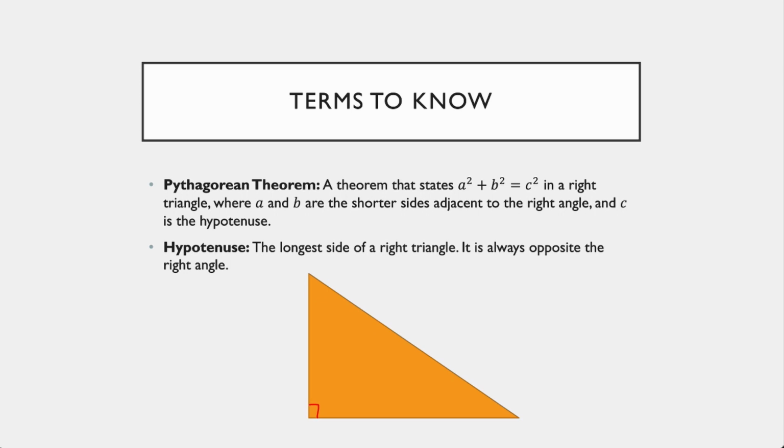So how would we use the Pythagorean theorem? Well, let's give these sides lengths. So this side is 5, this side is 12, and this side, the hypotenuse, is x. So we want to figure out what the hypotenuse's length is. But how do we figure that out? Well, we use the Pythagorean theorem, and we're going to see about this in the next slide. So let's move on.